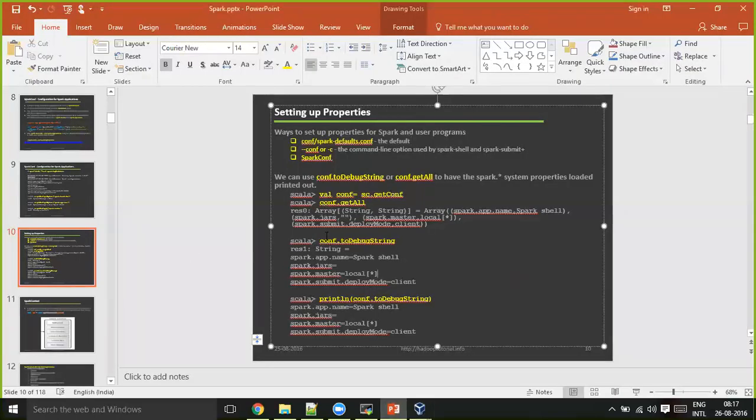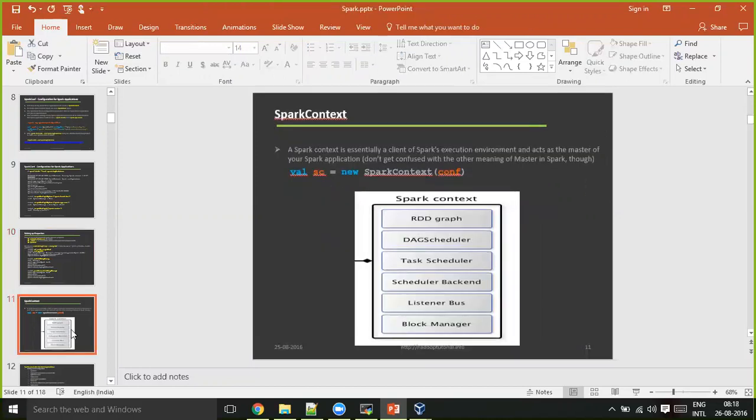So these are the various ways that you can check your configuration. Go to your conf folder, spark-defaults.conf, or if you want to provide any configurations by logging into your shell, you can give hyphen hyphen conf, or just one hyphen c. And the other thing, through applications, using the Spark conf object creation is specified. So that's all about the Spark conf object.